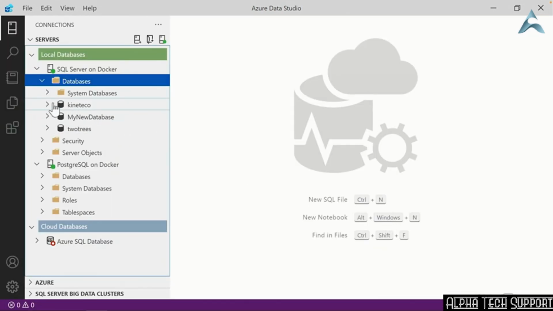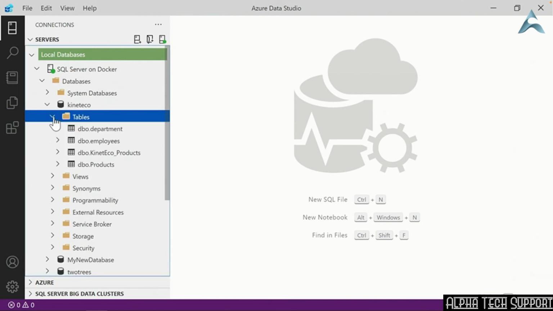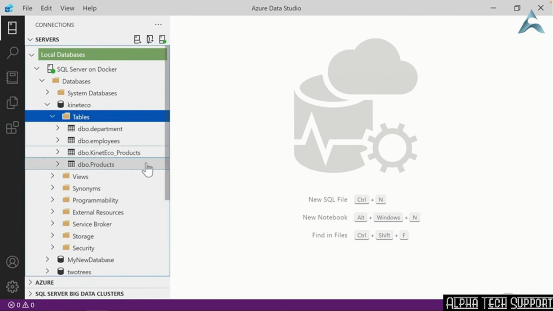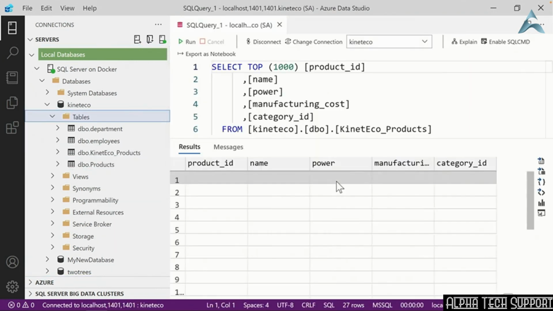Now we can go into the Kinetico database. I'll expand the Tables folder, and there is our new table. You may need to right-click on it and choose Refresh in order to see it. If I right-click on the table and choose Select Top 1000, we'll see all of the data that we just